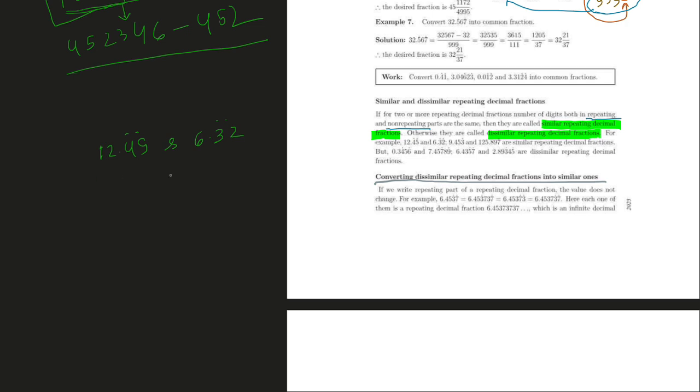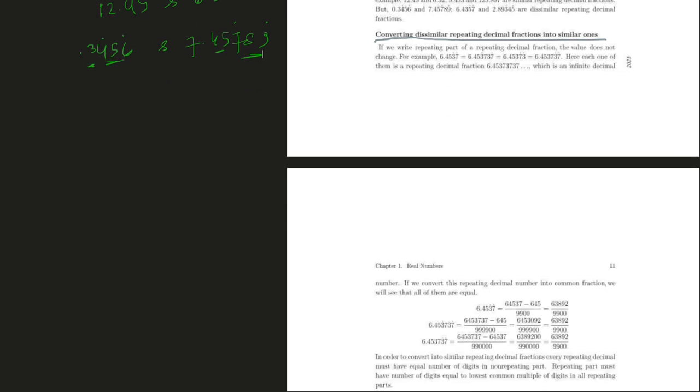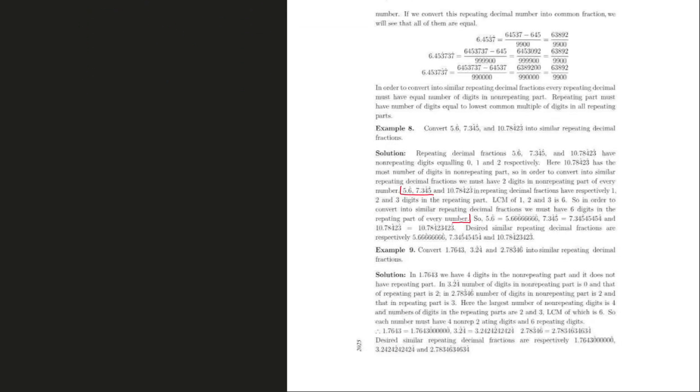But if I write, say, 0.345, so this is the repeating part, and 7.45789, you'll see that there are 2 non-repeating digits here but only 1 there, and also there are 3 repeating digits. Since the repeating and non-repeating parts are not equal, these 2 are dissimilar repeating decimal fractions. Now what we're going to do is convert dissimilar repeating decimal fractions into similar ones. So to do that,